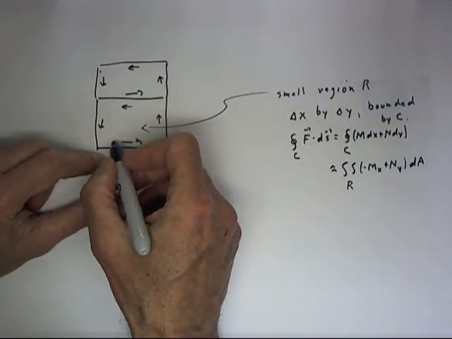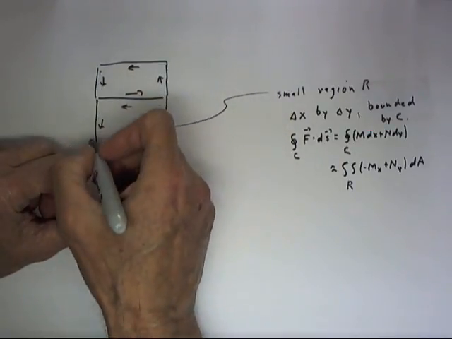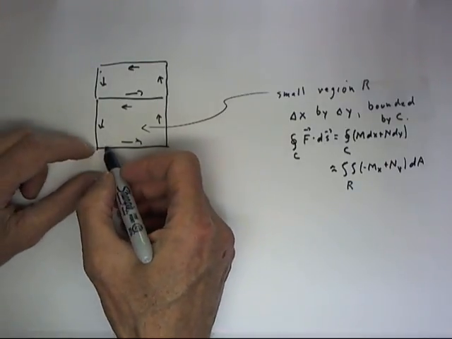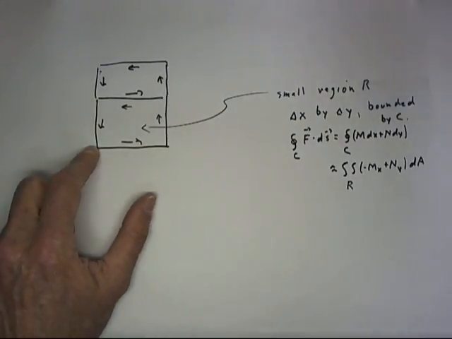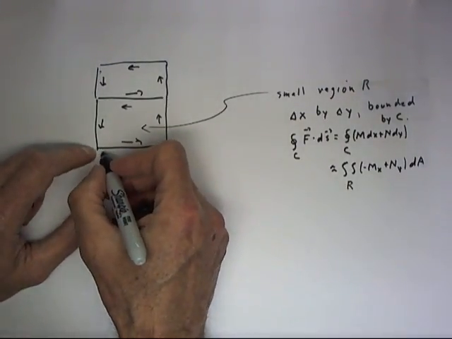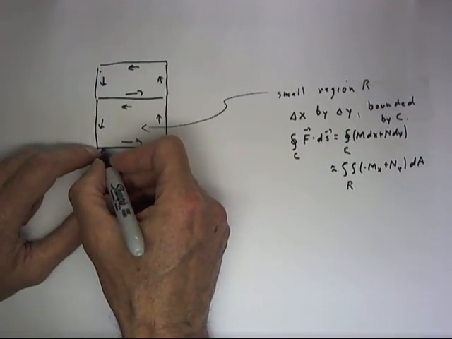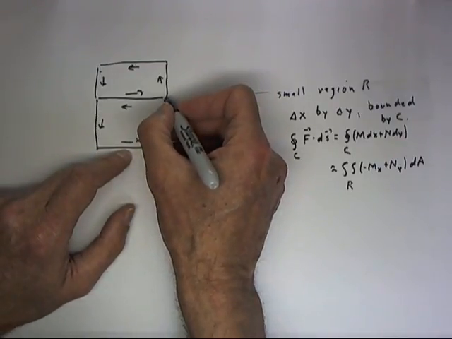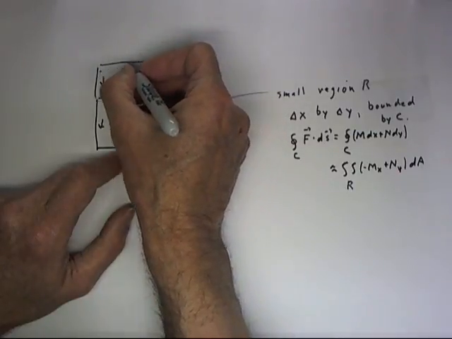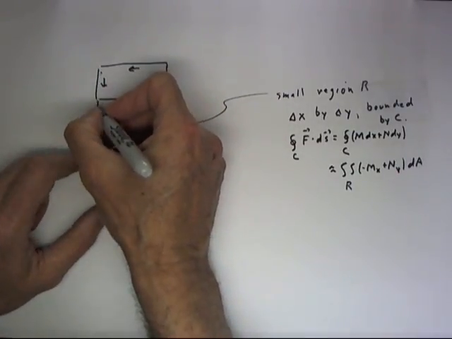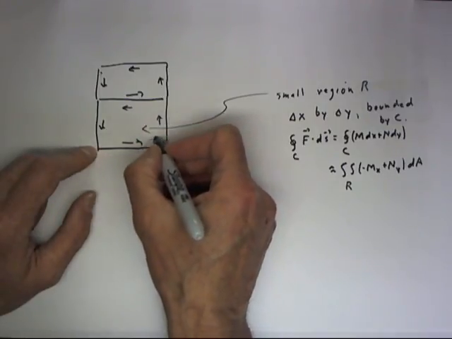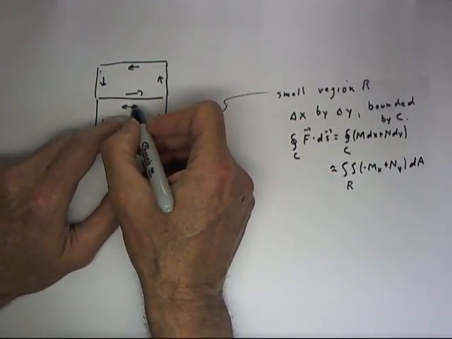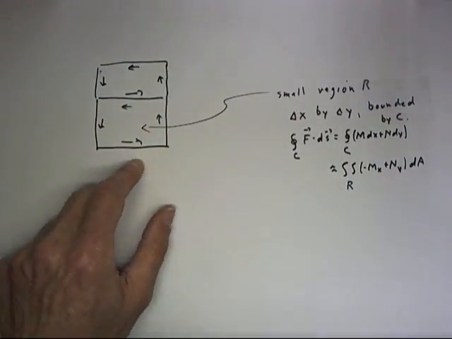The result then is that if we want to integrate over this larger region that we've just created by putting together these two smaller rectangular regions, we can say two things. The boundary of this larger region can consist of this side of the first rectangle, then this side of the second, this side of the second, this side of the second, and this side of the first, so that the boundary includes all the sides of these rectangles except the one in the middle, for which the integrals are equal and opposite, so that